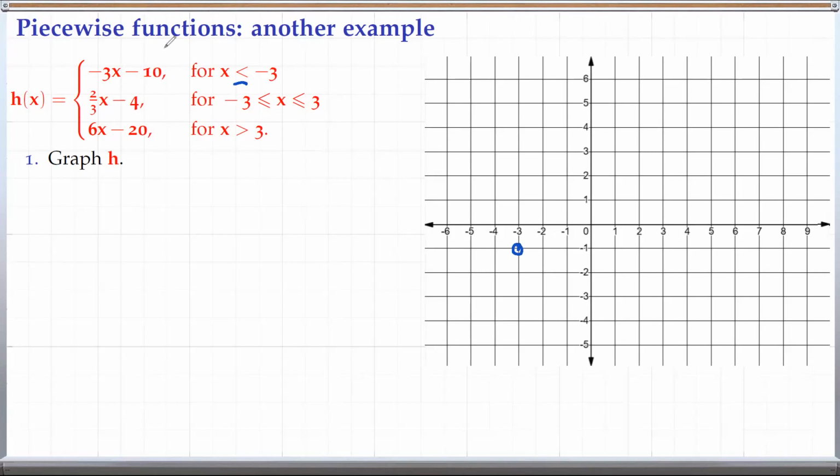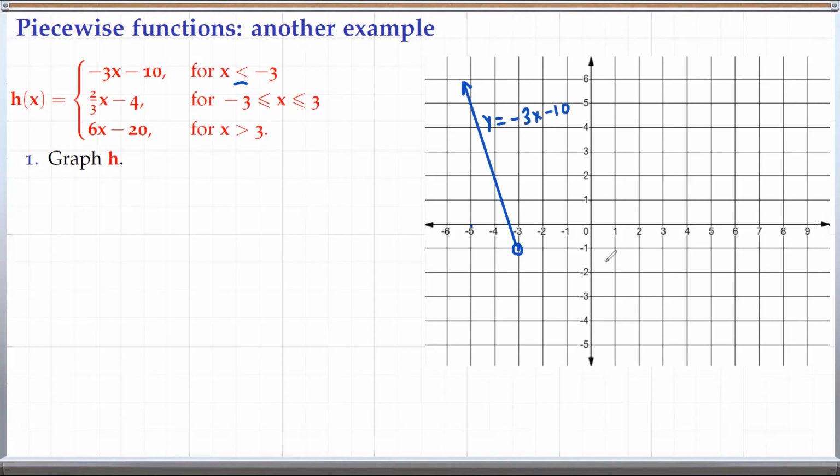And to graph this function, since this is a linear function, we need one more point. So maybe we can find the point when x is -5. So -3 times -5 is 15 minus 10 is 5. So when x is -5, we are at 5 up here. So the graph of this function looks like this one. So it's just a straight line connecting these 2 points. And so this is the graph of the first part, y equals